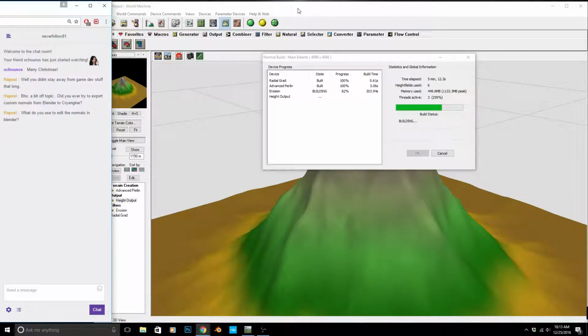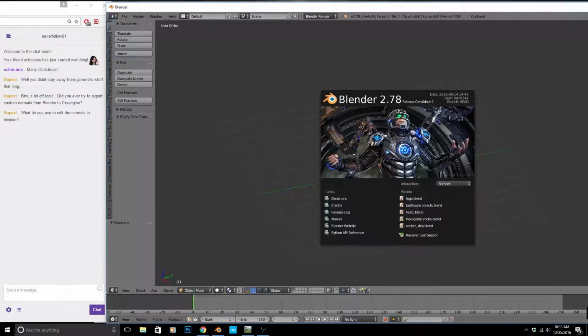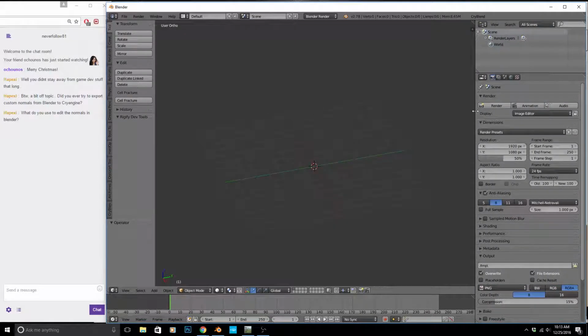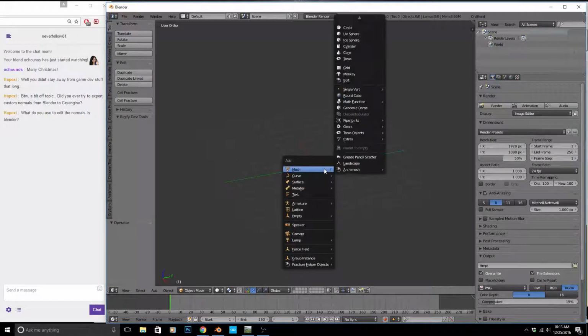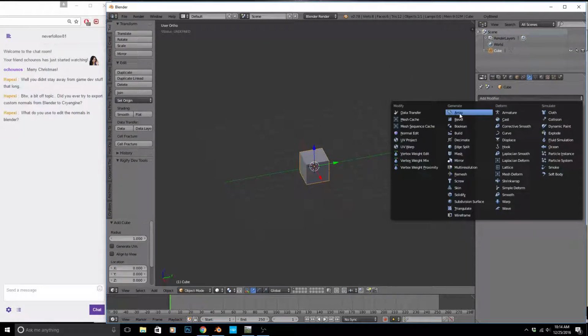Well, what I did, there's a really cool short tutorial online about custom normals and what they do, and I guess we can just fire up Blender because I think this one's only using one thread on the processor, so it's not really taking anything. And what I do know is that if you were to add a cube, there's a modifier called, I believe, data transfer. So you transfer the data from,